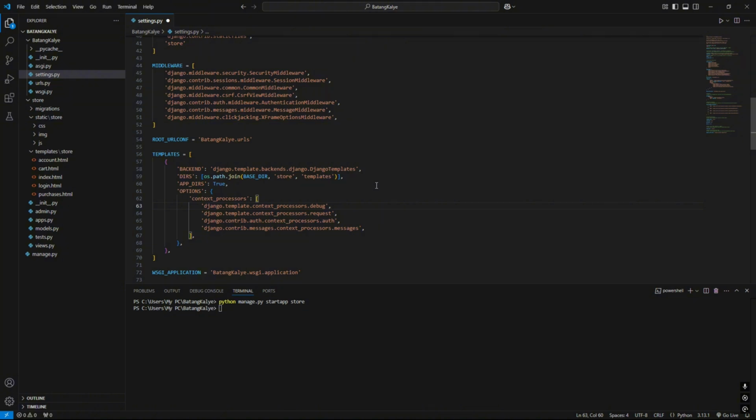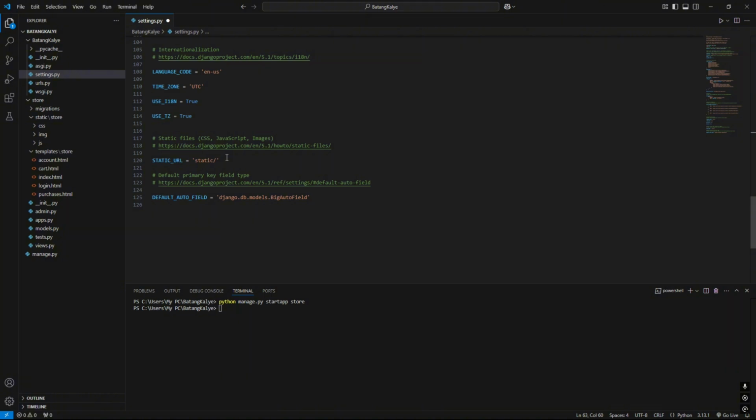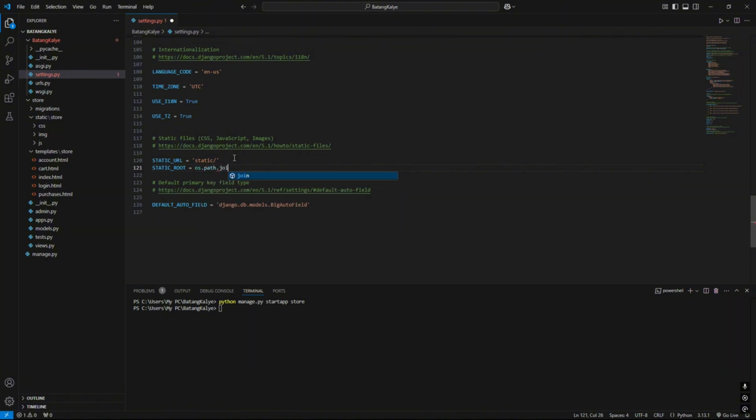And next, we should go here and add a static root. os.path.join with BASE_DIR, same as in the template, but we should get the static files.